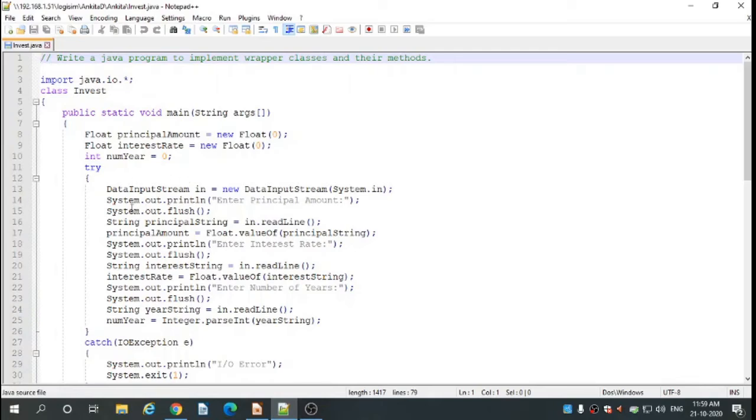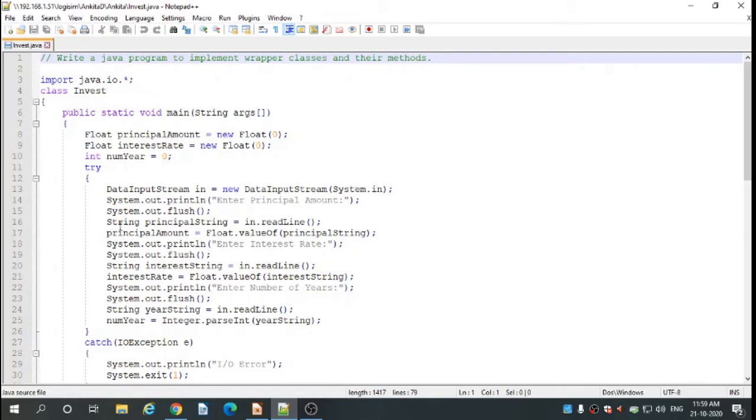Then System.out.println enter principal amount. The program asks you to enter the principal amount. After that, System.out.flush. This flush method will flush the already existing data, and it is reading the new value, that is the principal amount.